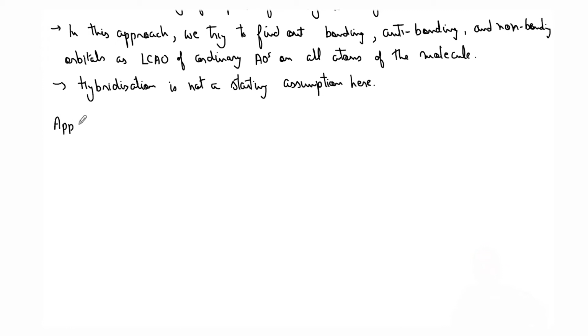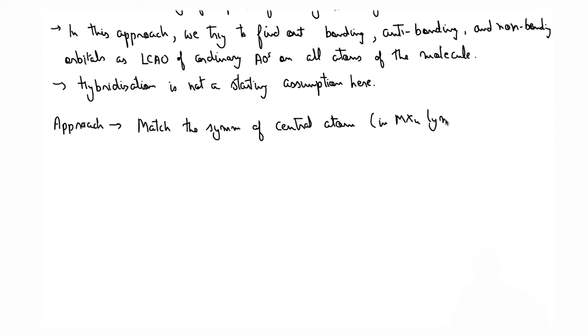So the approach in short is to match the symmetry of the central atom, for example in MX4 type systems, with, so you already know the atomic orbitals of the central atom, so you have to match the symmetry of that central atom atomic orbital with that of a linear combination of orbitals